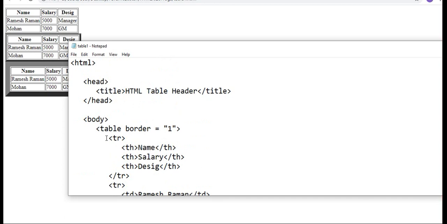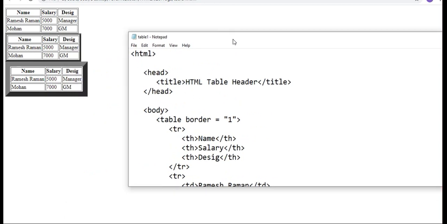First we have to go with the table tag. So how many rows you want in a table, you have to decide. Then based on that we have to write. For example, if you take a table, first what you want to enter in the table, you have to decide first.